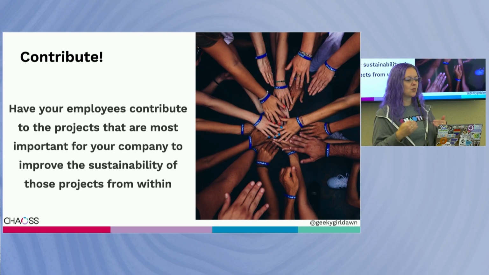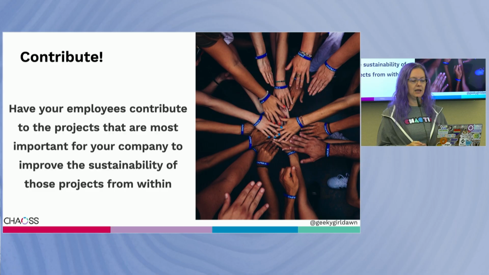Now, this leads directly to how companies can help open source projects that are important to them. I've talked a lot about the power dynamics, but companies also have the power and resources to make real improvements. And corporate involvement can positively impact the sustainability of our open source projects, including the forks. Companies allocate employee time to contribute to projects, or they provide funding and other resources to help sustain open source